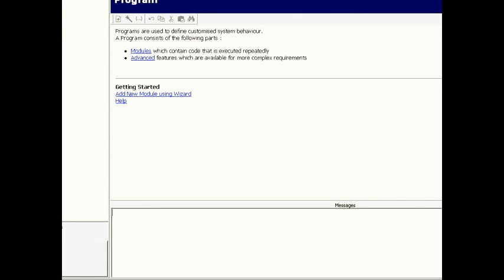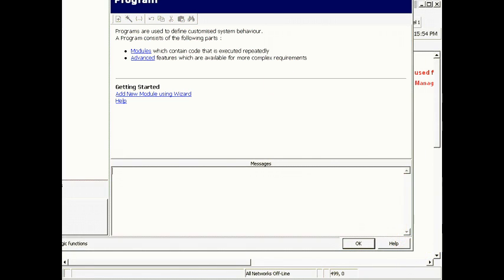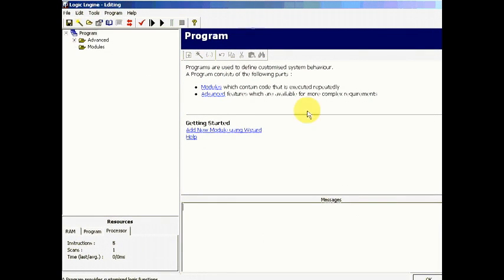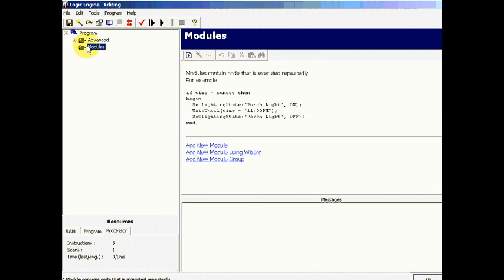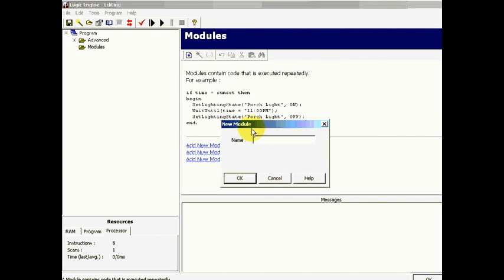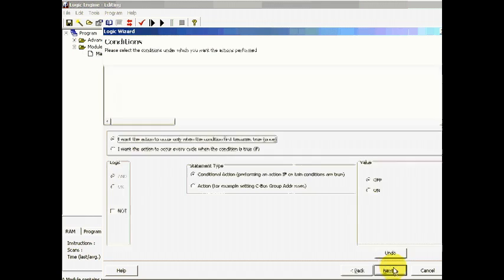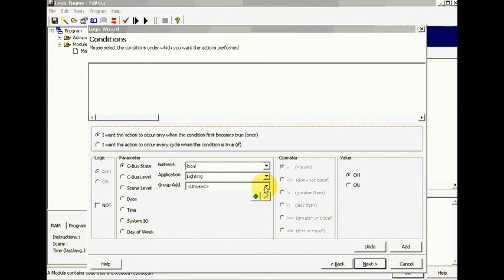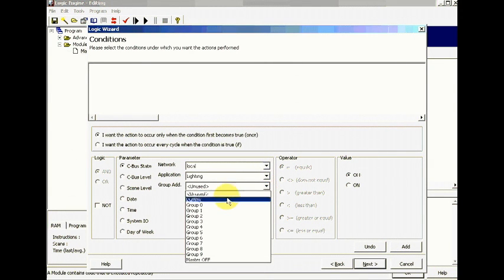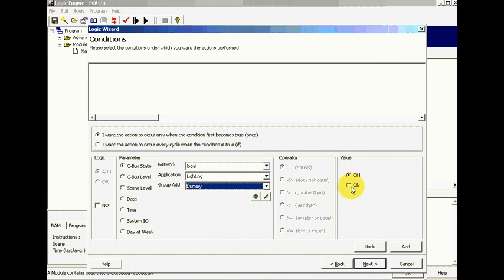Then we open the logic editor. Create a module, call it master off. Okay, then here we can use the wizard. Okay, we select our dummy group. So if this dummy group is on, add